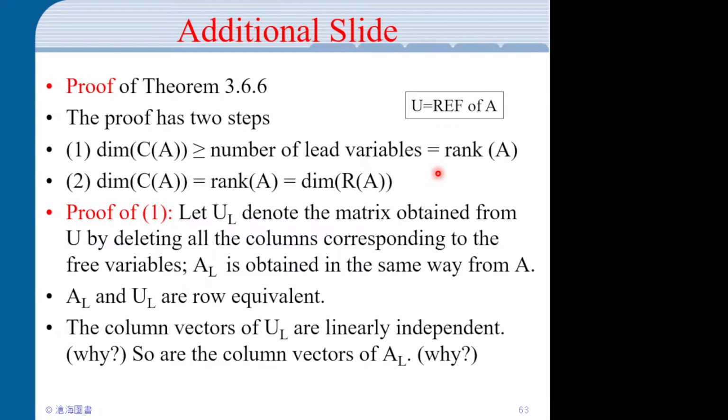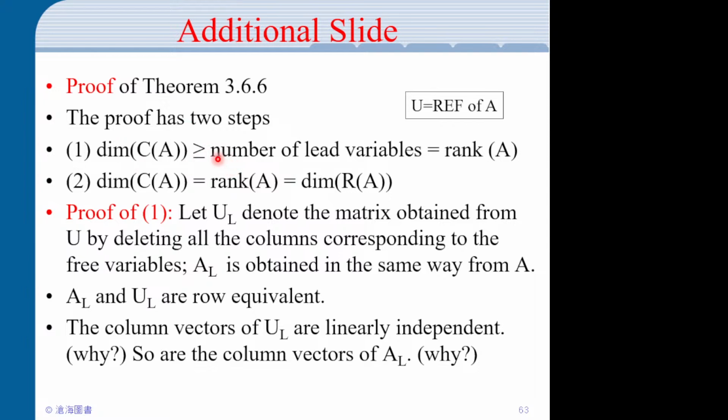Okay. And so the proof has 2 steps, and that is the first step. We are going to prove the dimension of the column space is greater or equal to